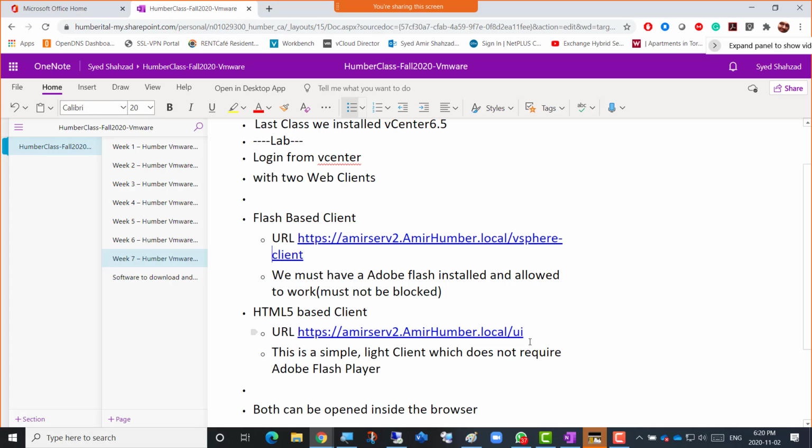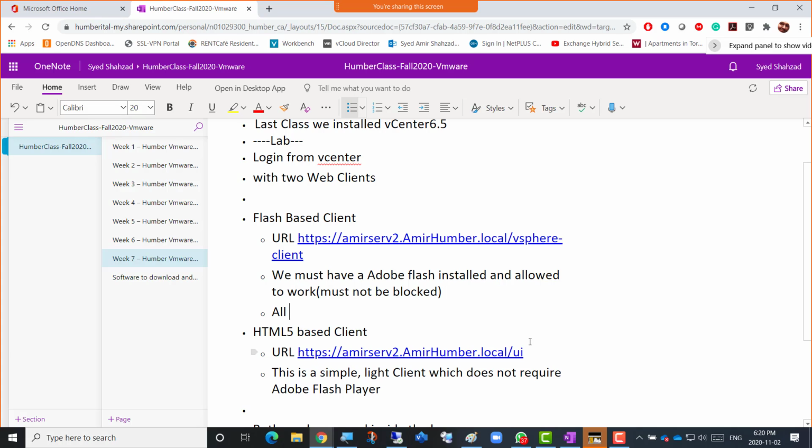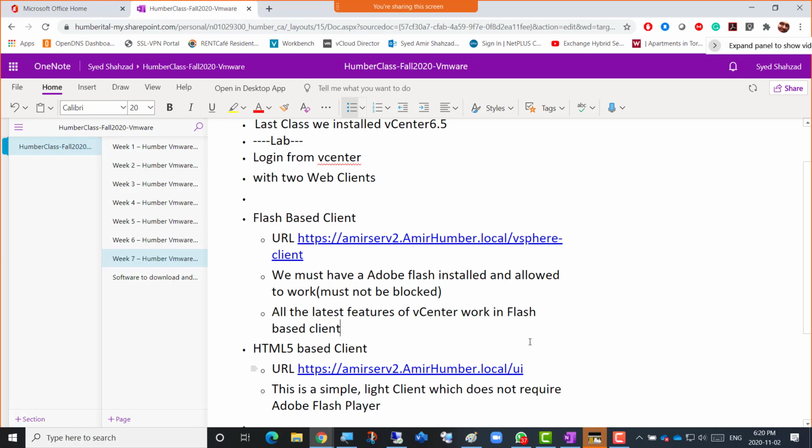Because this is the pain in the neck. You know the way I said that, so now you can see that. You're gonna see that because we're about to do this. So Flash-based client has some issues. Suppose the Flash Player does not load, you will have to connect to the internet and install this client, and then this will load. Another big thing is that all the latest features of vCenter work in the Flash-based client,